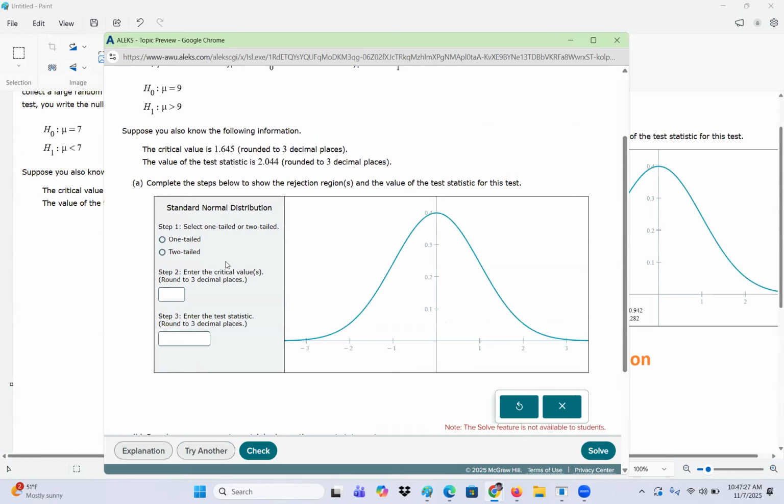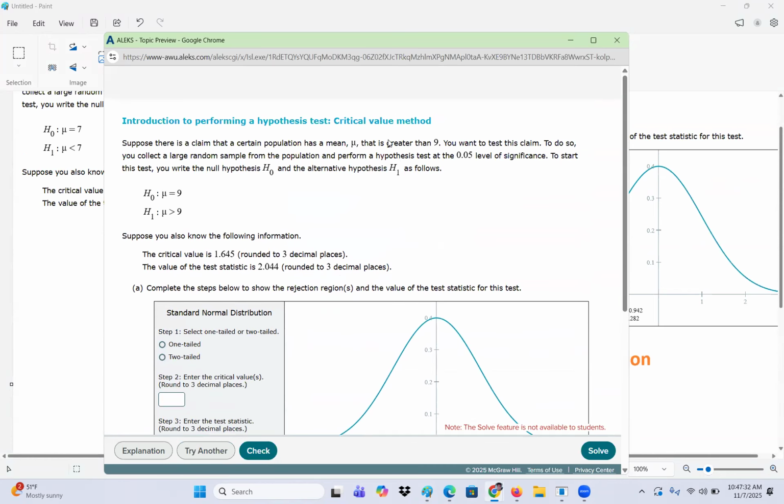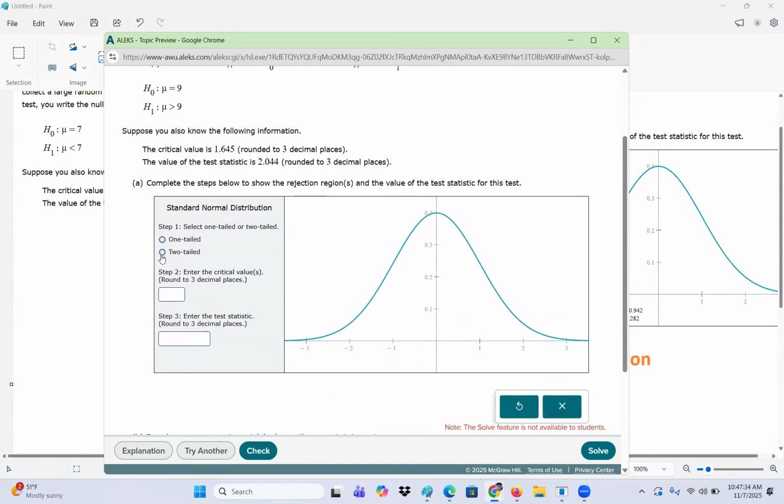So we can try another one. Just put that 1.645 and it's greater than 9. So it's going to be on the right tail. This one-tail test is going to be on the right side of the test. So we're going to take like 1.645